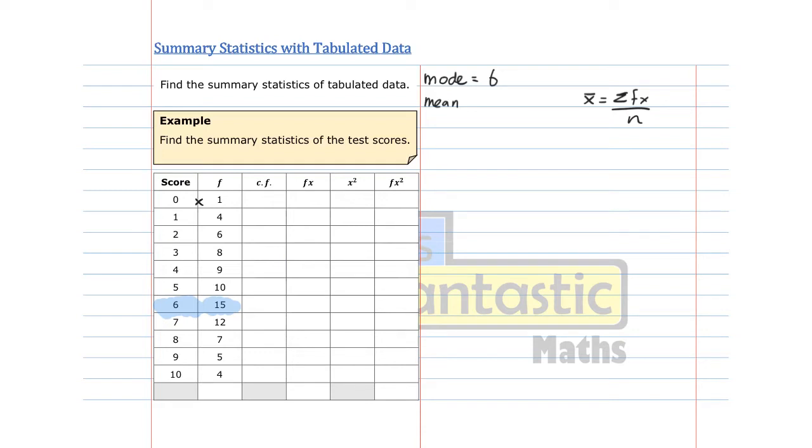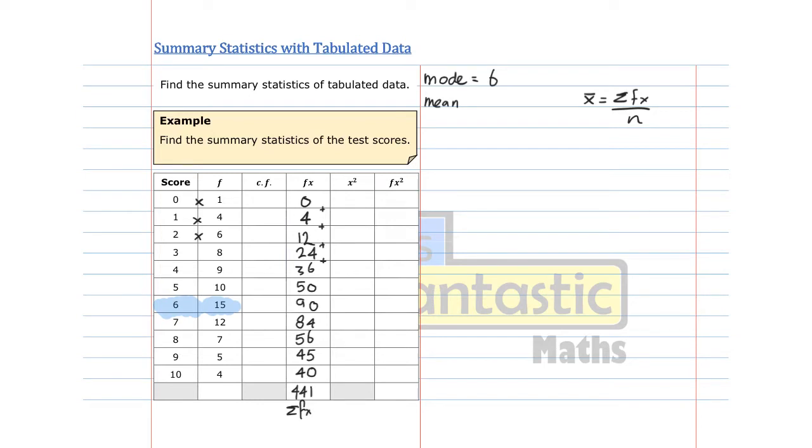So we want to account for all the times that we got a certain data point. So to find sum of fx, we're going to multiply the score by the frequency. So 0 times 1 is 0. 1 times 4 is 4. 2 times 6 is 12, etc. There we go. Now to find the sum of fx, we're just going to have to add all of these numbers up. All of these numbers added up equals to